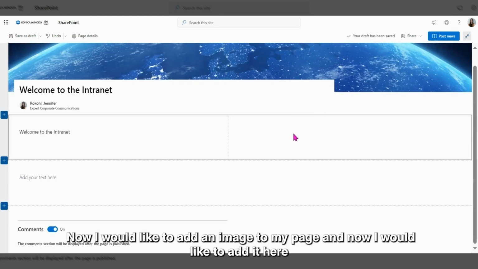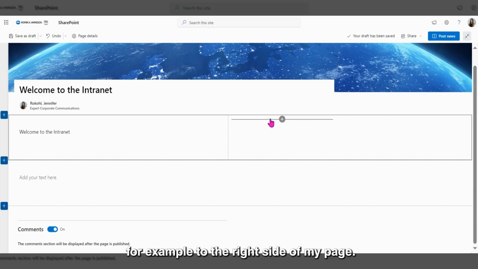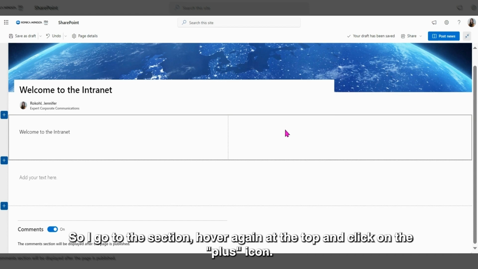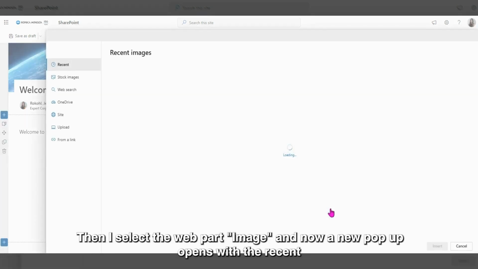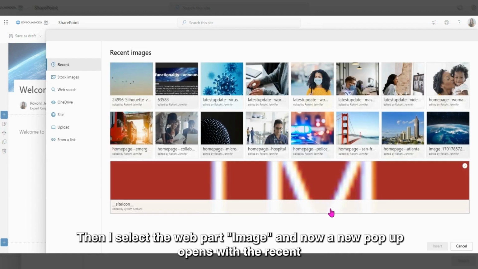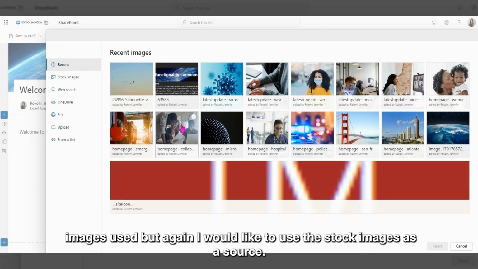Now I would like to add an image to my page. And now I would like to add it here, for example, to the right side of my page. So I go to the section, hover again at the top and click on the plus icon. Then I select the web part image, and now a new pop-up opens with the recent images used, but again